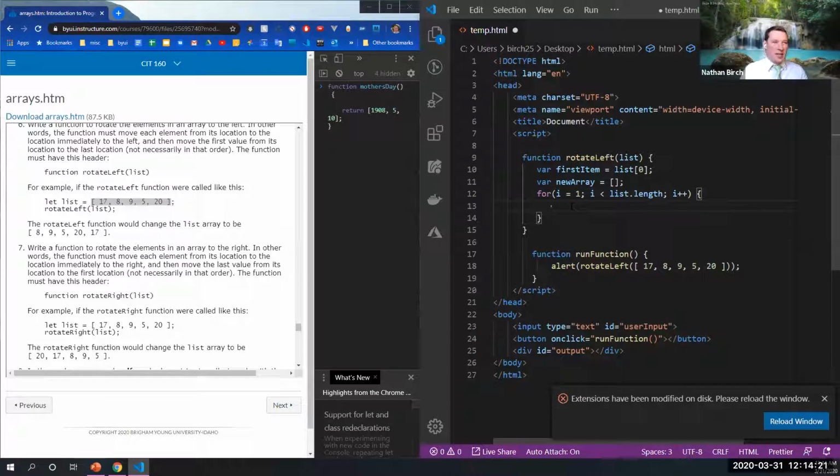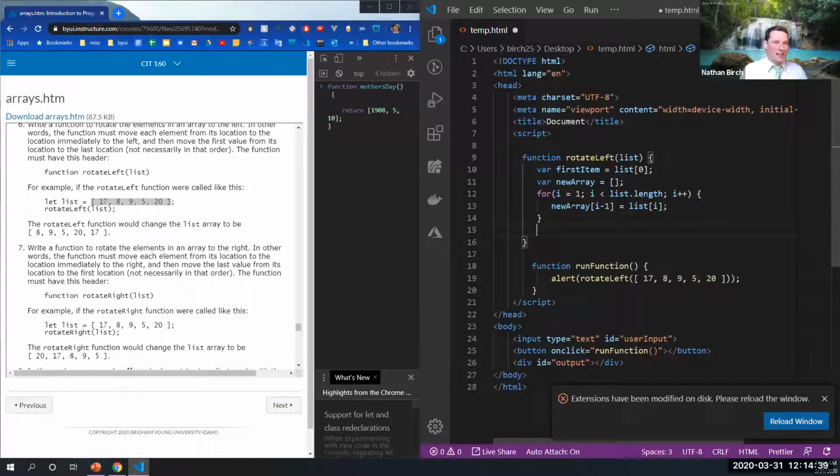And I'm just going to say new array at index of I minus 1 equals list at index of I. Okay. And then once you're done with that, I could say new array at index of new array dot length